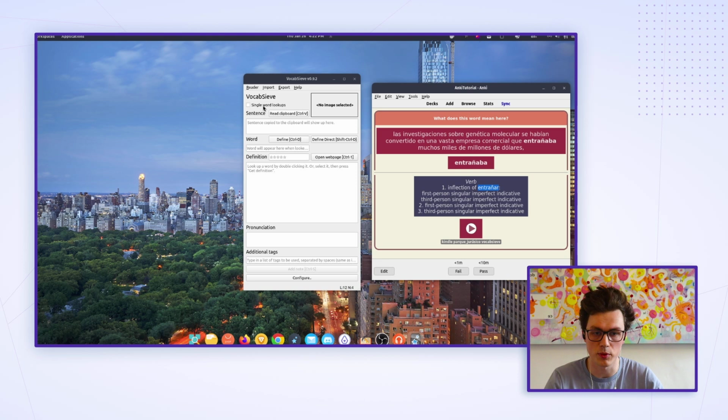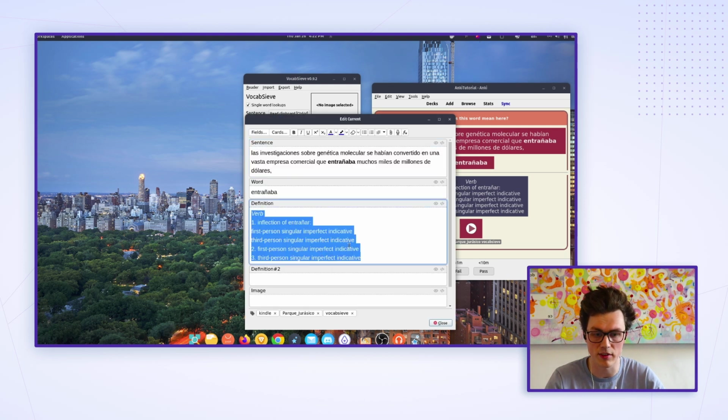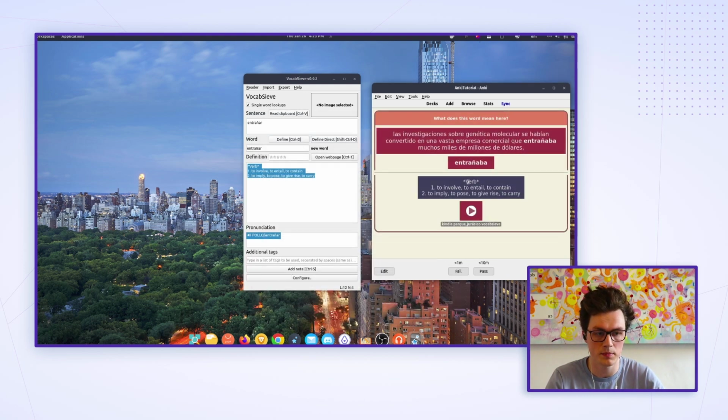And so if we have single word lookups over in Vocab Sieve, all we have to do is Control C to copy it, and it brings in the actual definition. So I'll copy that, go over here, press E again, and change the definition. Ta-da! And now we have a perfect Anki card made with barely any effort from context that I read just